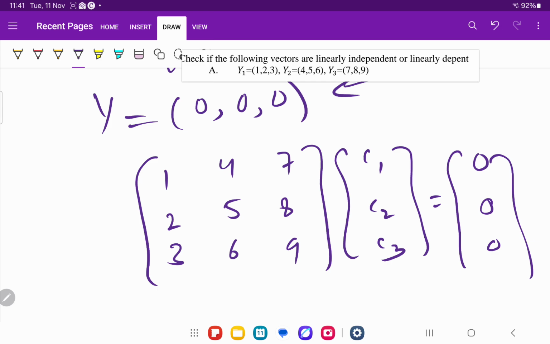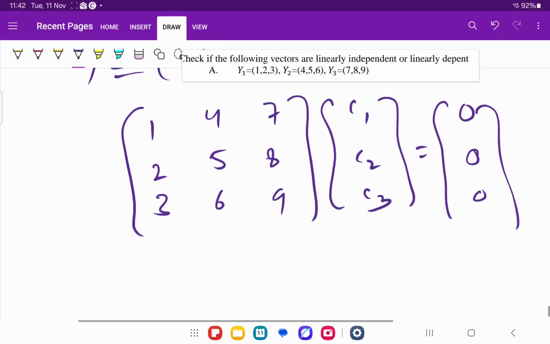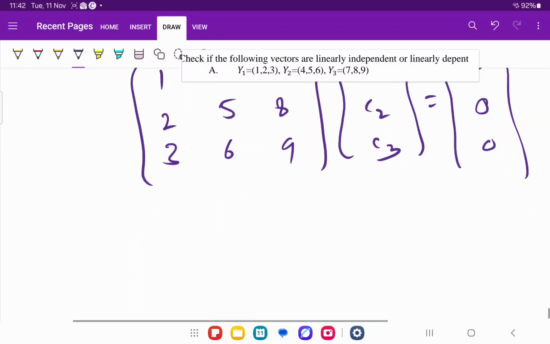Because y is not given, whenever a linear independence and dependence question is there, by default you have to consider y or x, whatever the terminology is used, as 0. So the question is the same, that we want to find the linear combination. Linear combination means we have to find the value of c1 c2 and c3. So after having this matrix, you simply